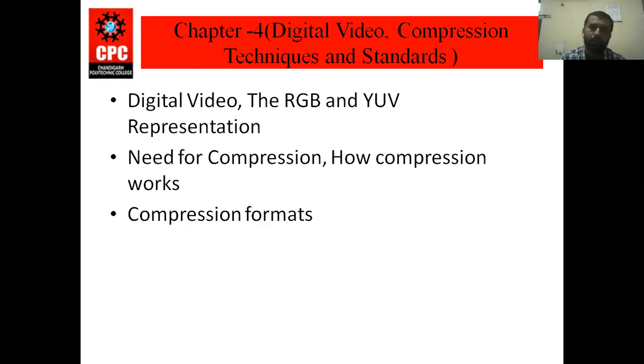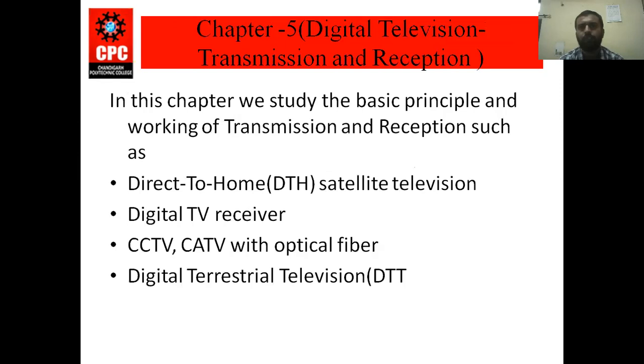At the transmitter side we compress the signals, then modulate and transmit. At the receiver side we receive the signal, demodulate it, and then decompress it. In this chapter we study the different formats of compression. And next is digital transmitters and receivers. In this we study DTH systems, satellite televisions,